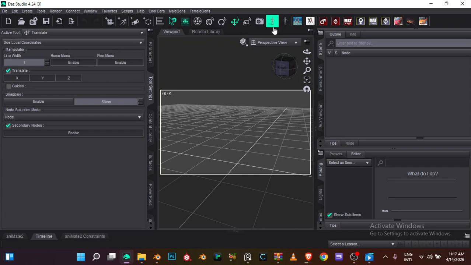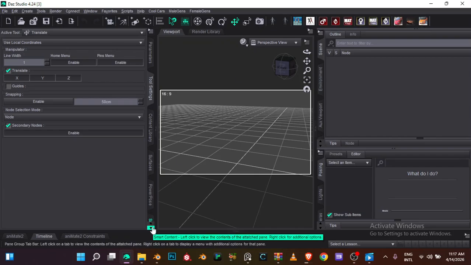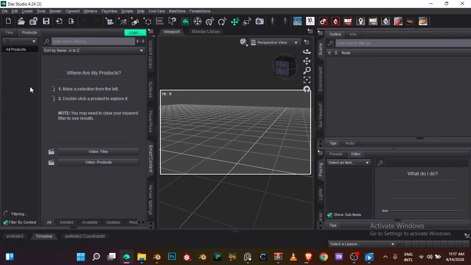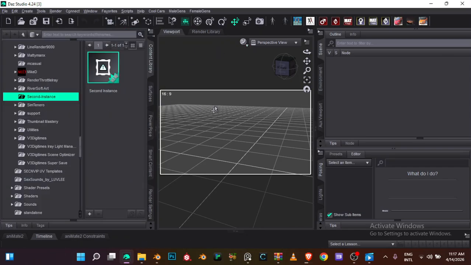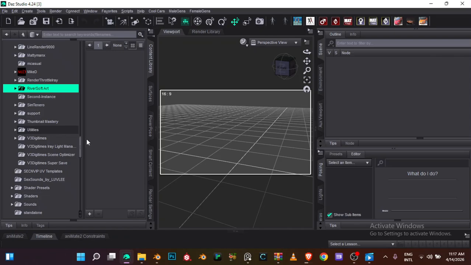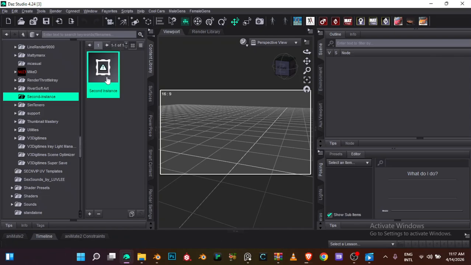So as you can see over here, I set it up in such a way that I've got the Genesis 8 female and the male over here because I'm somebody who occasionally likes to work with these figures. So I figured it's a lot faster to have them there rather than have to go to Smart Content Library and then looking through there or the content library. So the way you add things there is that